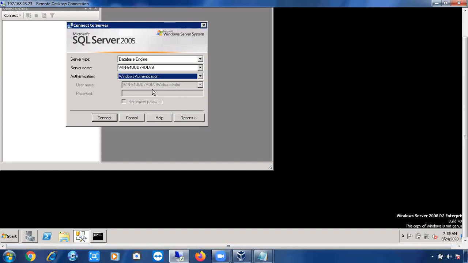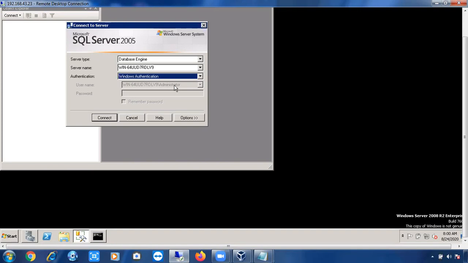Now if I open Management Studio, imagine I just logged into the server as Madhu. Now you can see the username as computer name slash Madhu here. Now you can see computer name slash administrator. The username is there, but it is disabled, grayed out. You cannot edit this username if you connect using Windows authentication. So who is connecting? Administrator is trying to connect now.